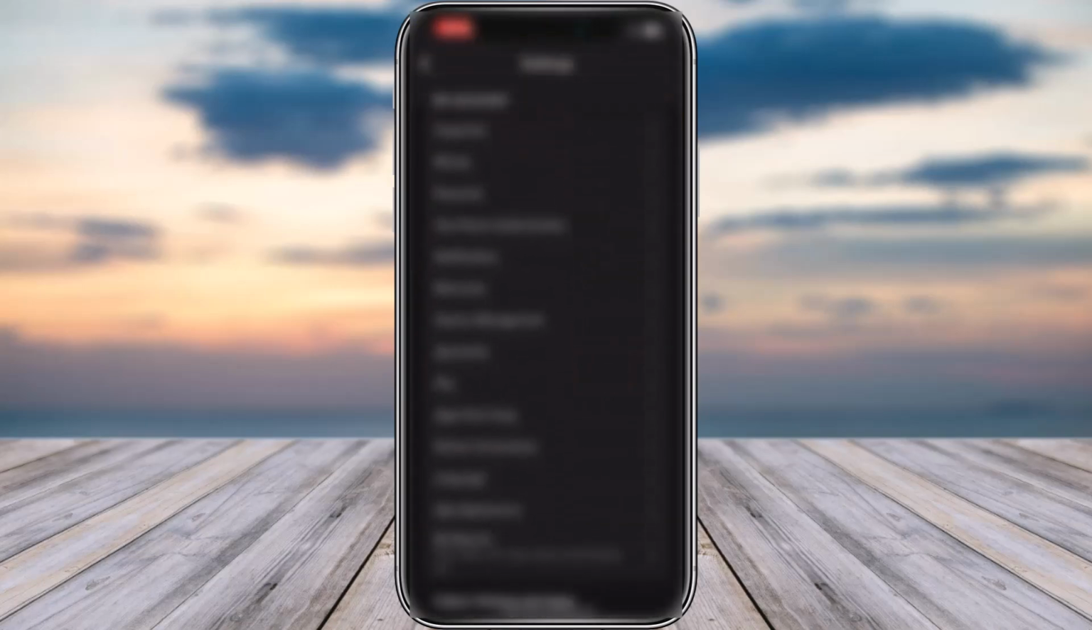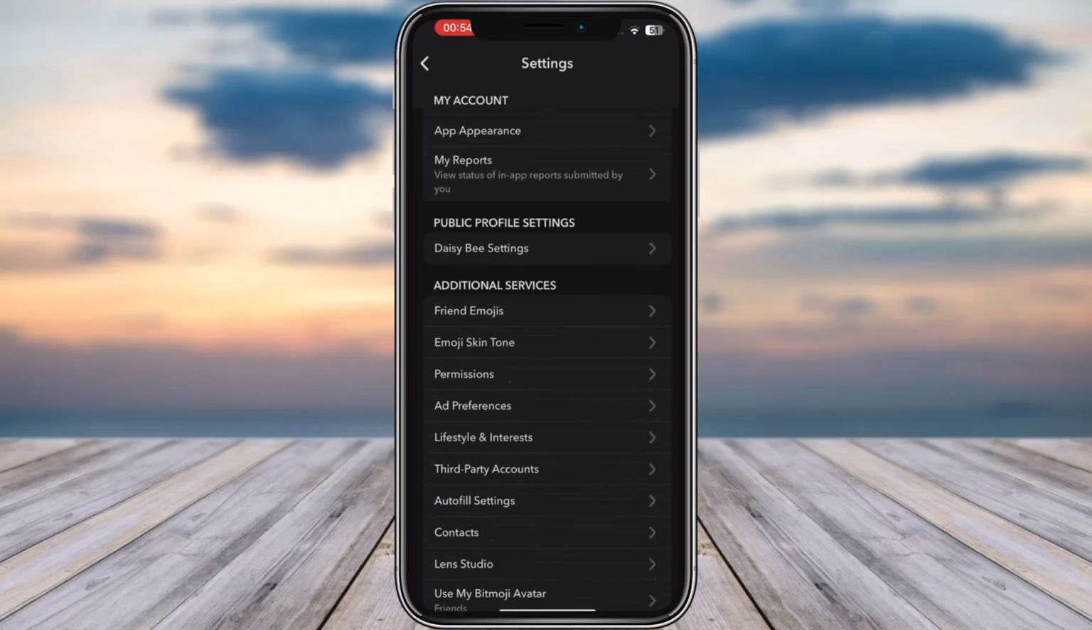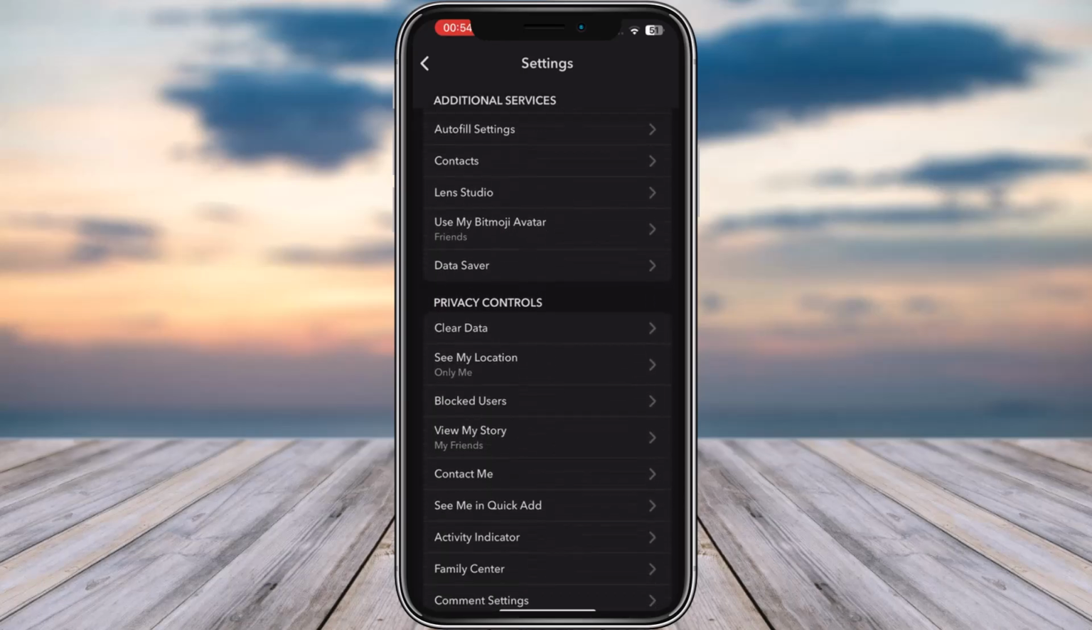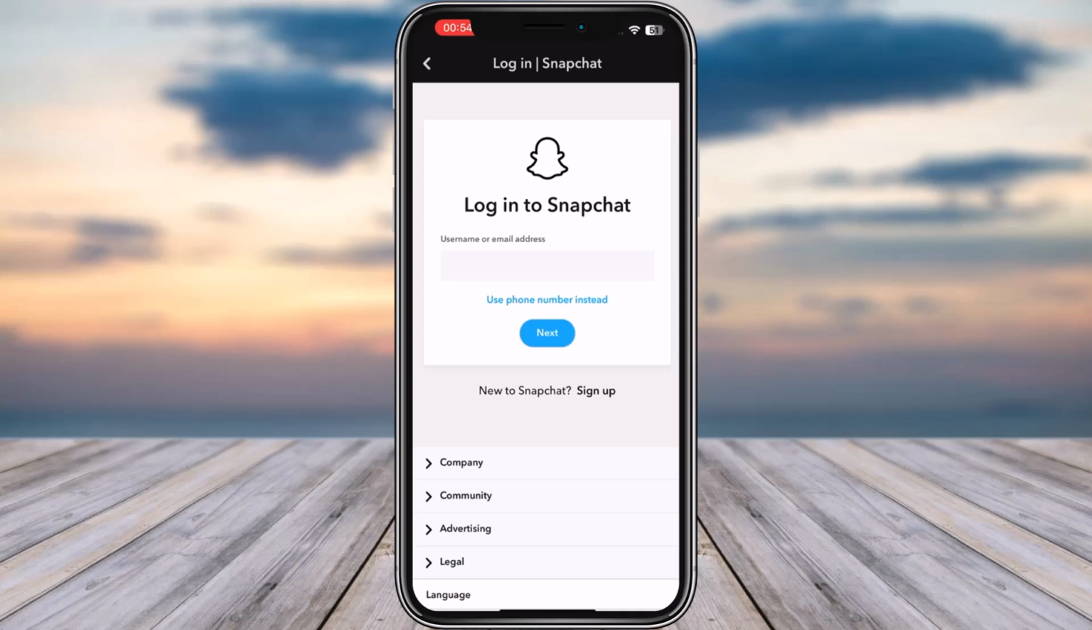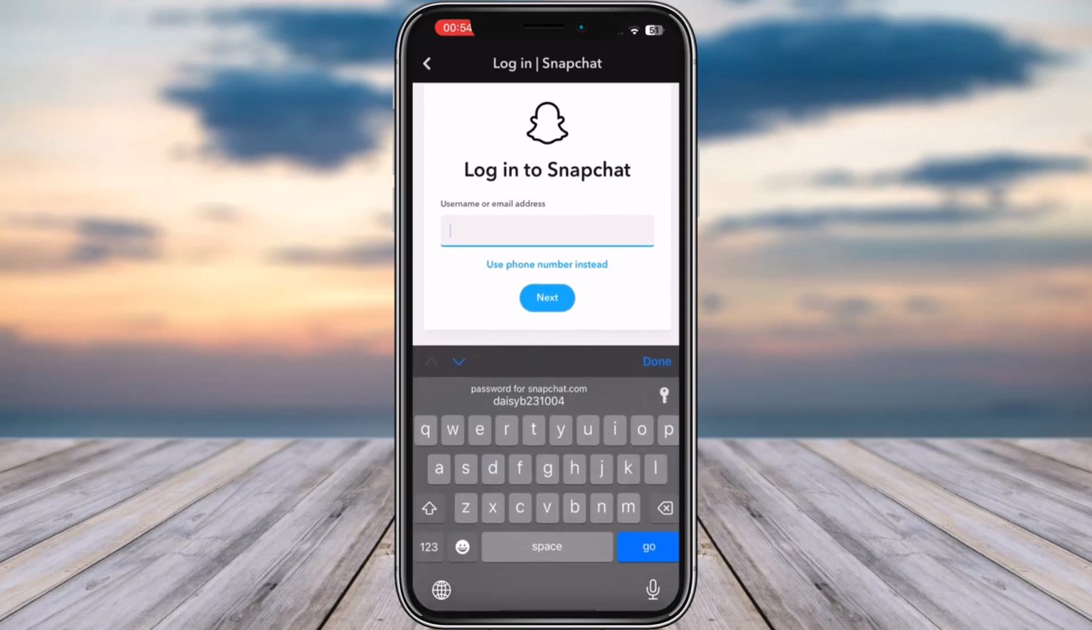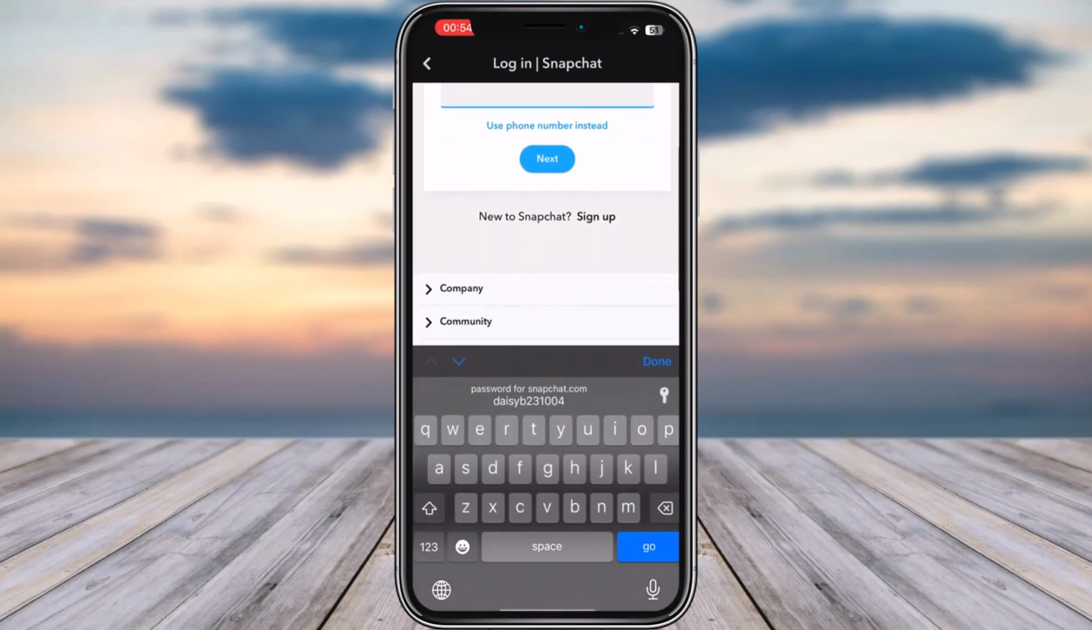From over here, we're simply gonna go ahead, scroll, and make sure we go to this option of my data in the section of privacy controls. Tap on my data, and then we simply have to log into our Snapchat. Once you've added the email address and the username of ours, we're gonna enter our password,